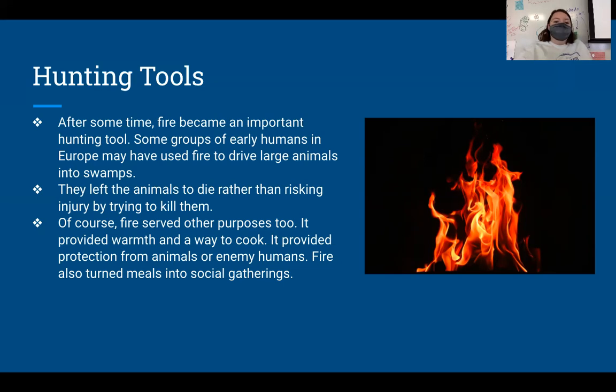It also provided protection from animals and other enemies of other species, other groups, et cetera. And we're coming full circle back to the fact that fire creates social gatherings, that fires turn raw meat into meals that turn into social gatherings. Another super important part of culture and growing culture during this time.